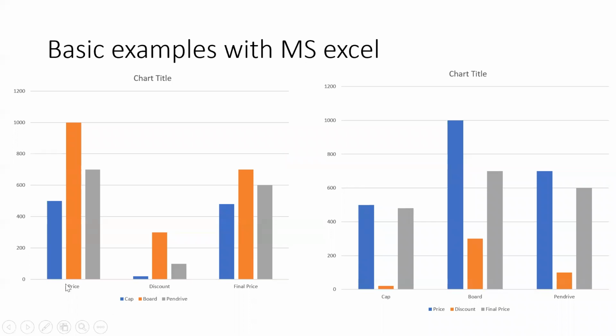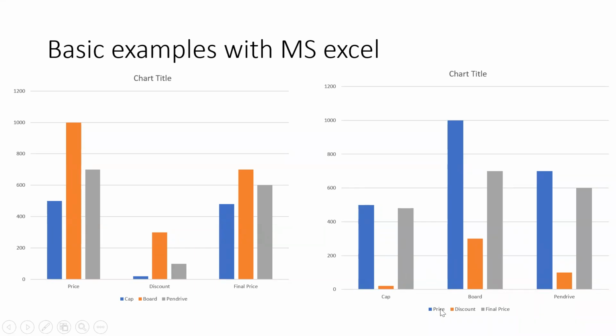So over here, this set of data is on top of product. Sorry, I mean, on top of product, we are splitting the inner thing. Blue is for cap, the next color is for board, and pen drive is this color. Each of the things, the first split is price, the second is for discount, the third is for final price. We have the same raw data, but we just